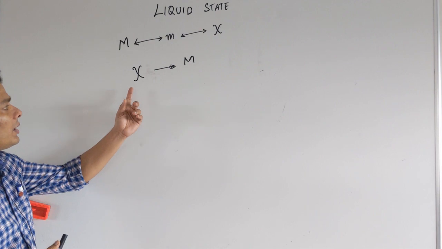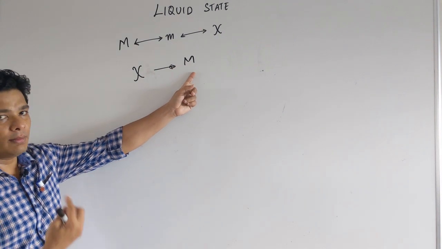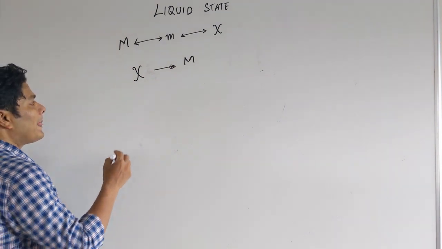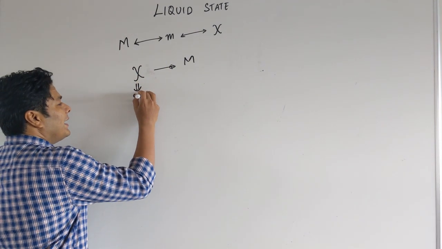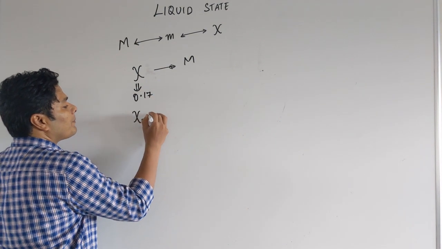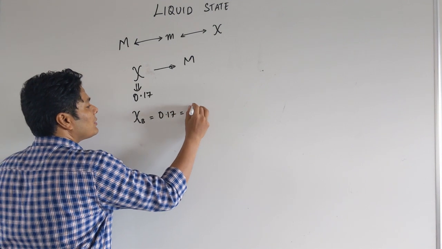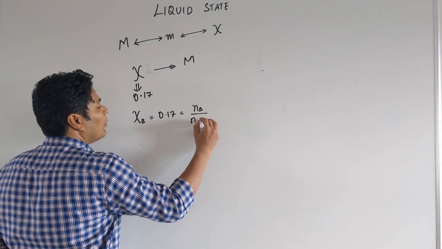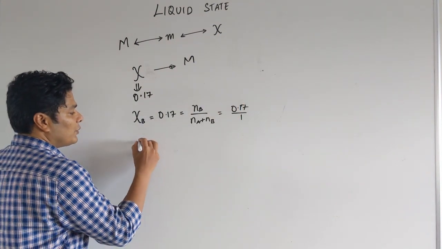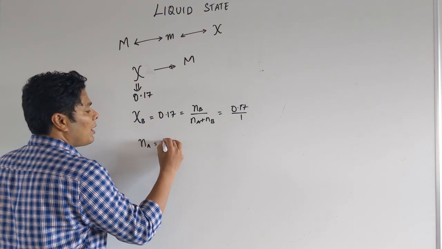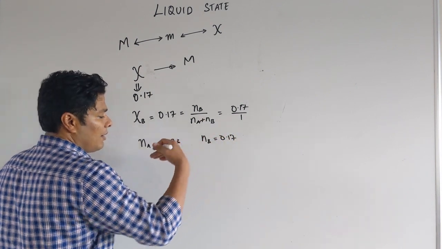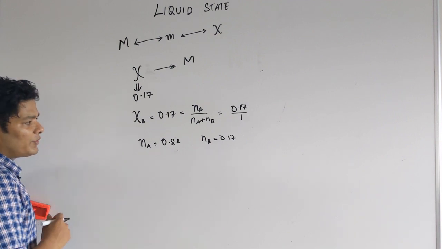What we have is converting a given mole fraction into molarity. Previous one we saw mole fraction to molality. Here we are going to do molarity. Okay. So now let's say for example this is given as, again for convenience, 0.17. That means chi B equals 0.17 equals moles B divided by moles A plus moles B, that equals 0.17 by 1. I am going to take it this way. So I can do moles A equals 0.83, moles B equals 0.17, just from previous calculations. So this far I got.